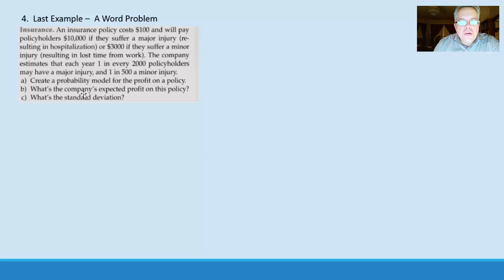And usually the hardest part is actually coming up with a probability model. It says an insurance policy costs $100 and will pay policyholders $10,000 if they suffer a major injury, or $3,000 if they suffer a minor injury, resulting in lost time from work. So the company pays out $10,000 for major injuries, $3,000 for minor. It says the company estimates that each year, 1 in every 2,000 policyholders may have a major injury and 1 in 500 a minor